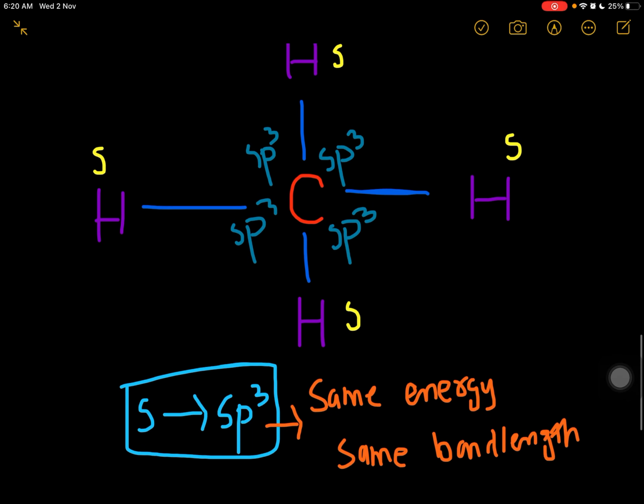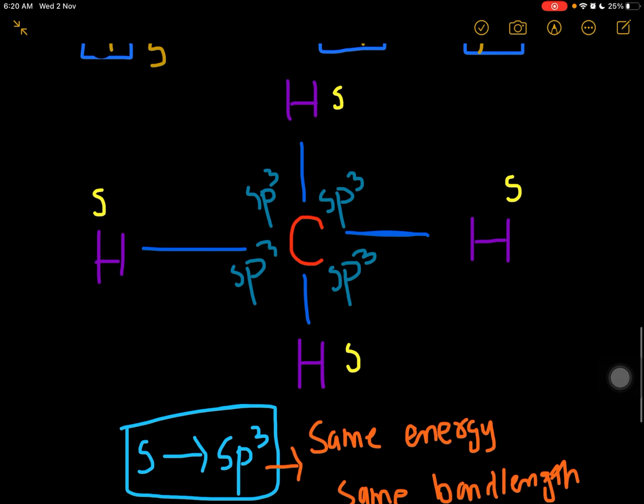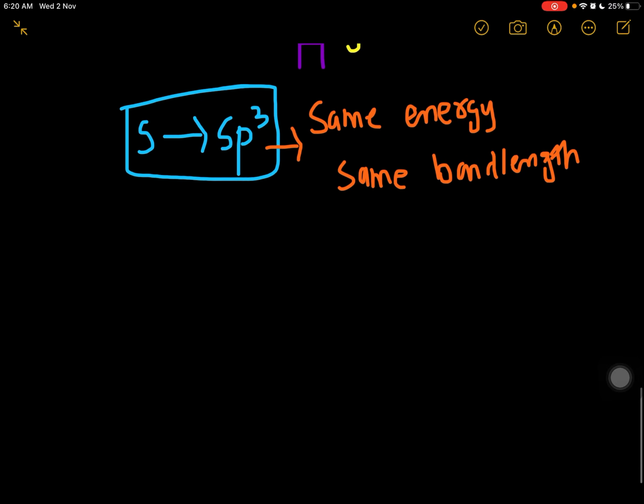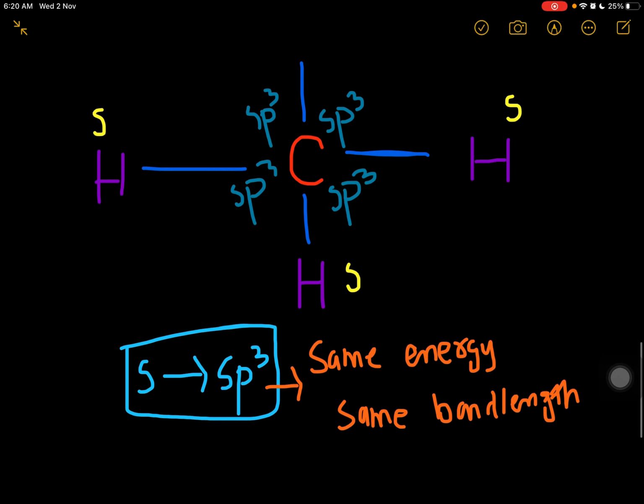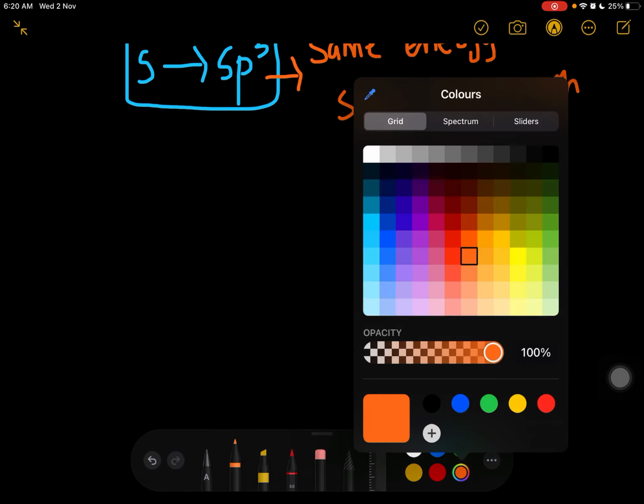So you can easily understand why there is the same energy and why there is the same bond length. Basically, the structure of methane is not like this. It's something else, having the geometry of a tetrahedron. Now these sp3 orbitals